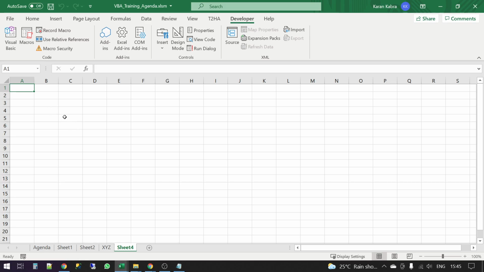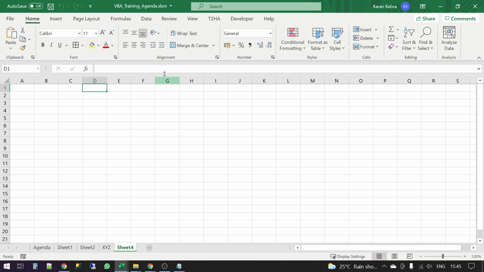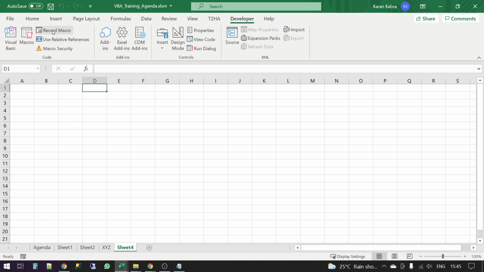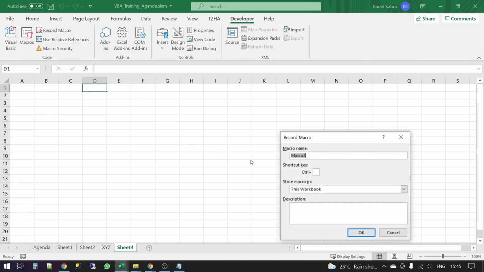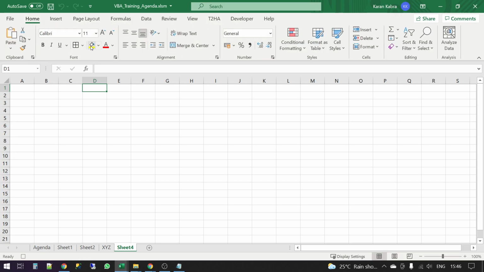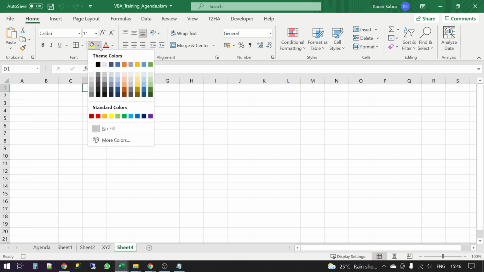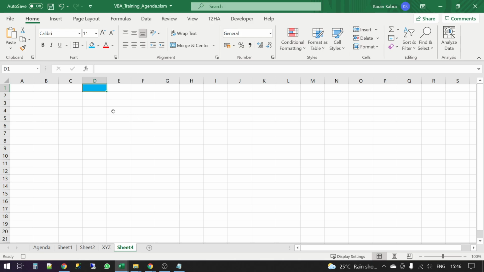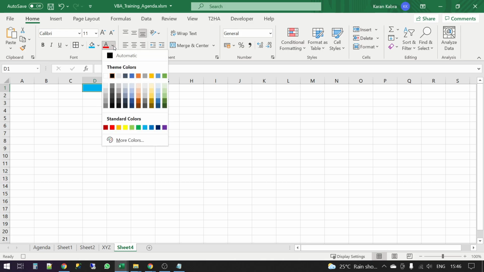Let me record some code. I'll select any cell. Let me first start recording. The name of the recorded macro is Macro2, so you know where to look for it. What I'm doing is giving it a background color, and giving it a font color.